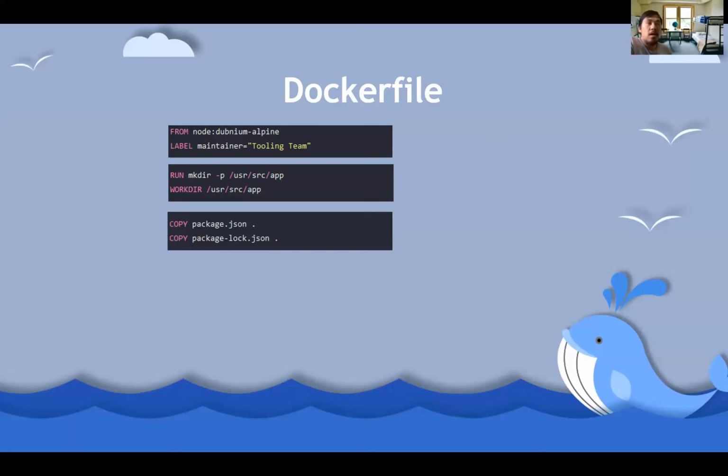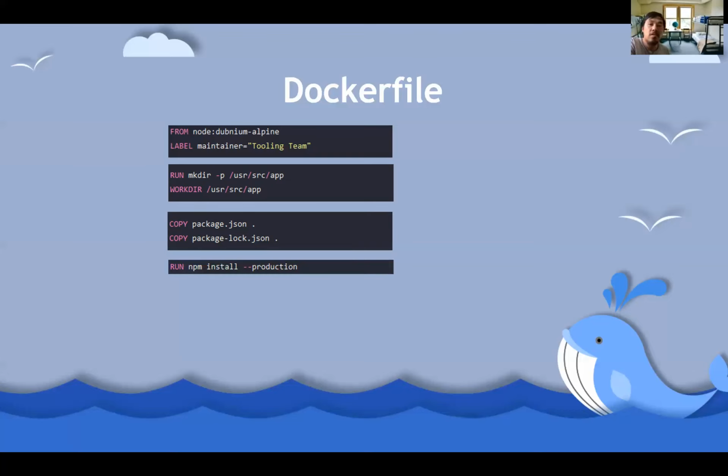The next part is I'll be copying over my package files. Not package file exactly, but the package.json. When you're moving files across into the container, use the keyword COPY. Basically, this will copy that file across into the container. So the next part is I can basically run